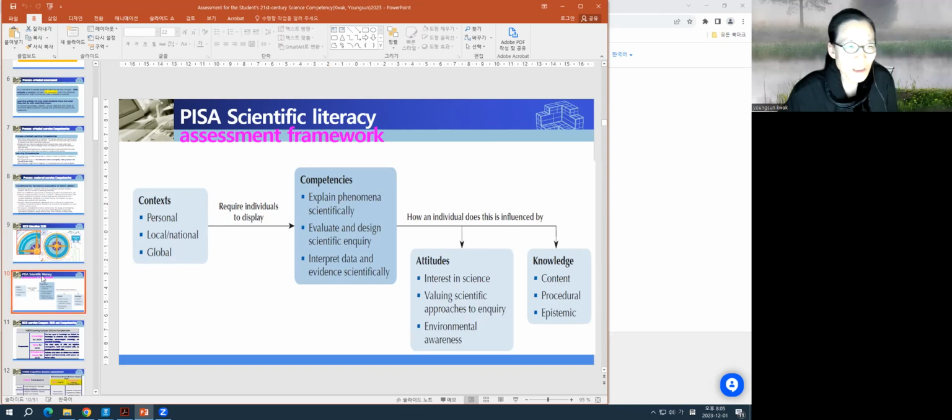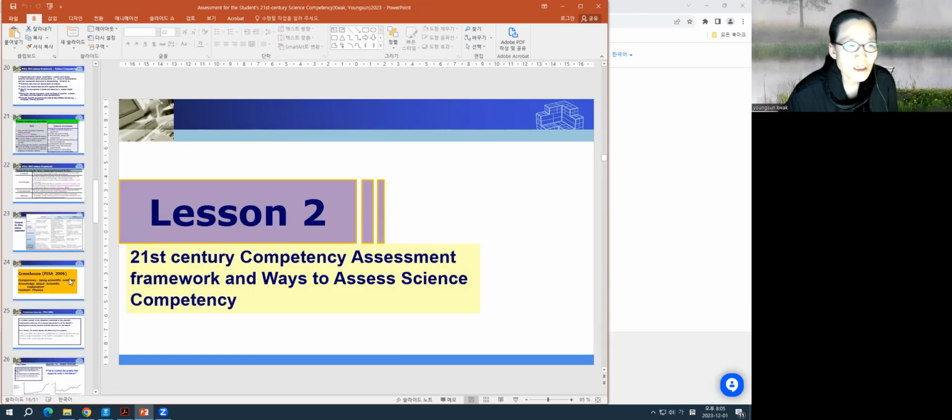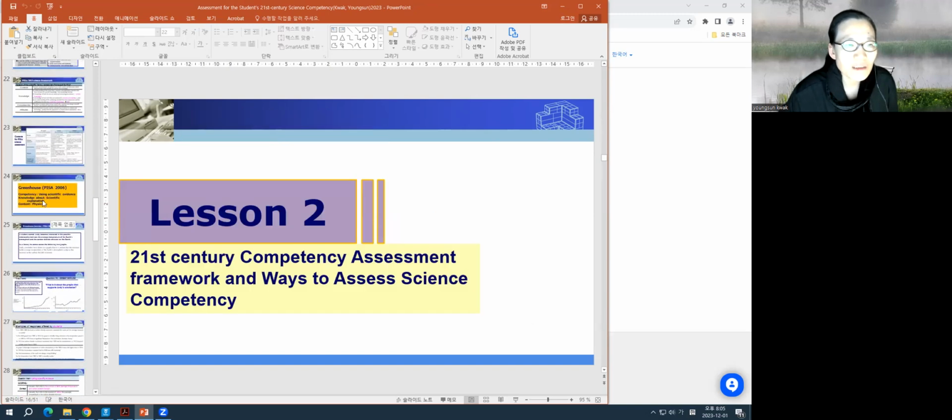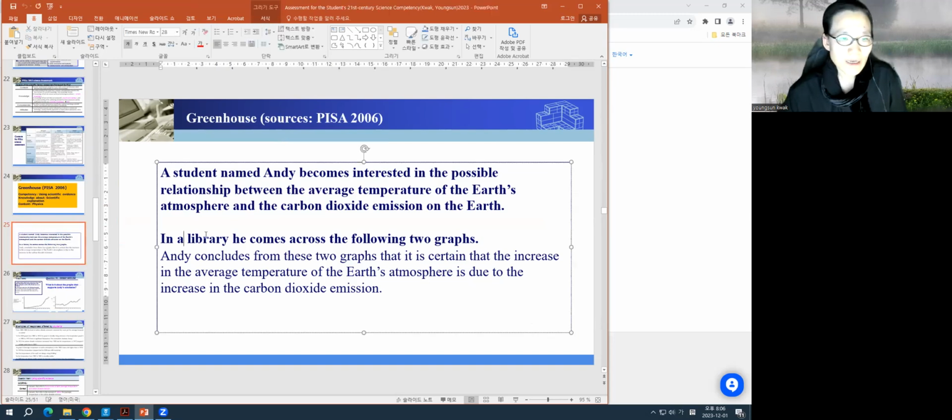So in our second session, we will talk about real assessment tools and items that assess science competency, or in other words, science inquiry skills. Okay, let's just move on to our next